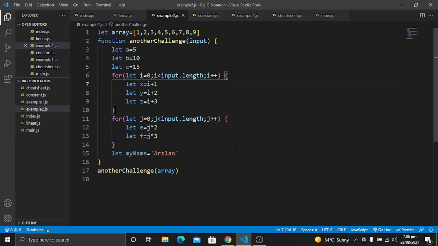So hide the terminal. Now let's calculate the big O for every line. In the later parts, we will use a simpler method to calculate the big O notation, which will be very simple. I am explaining it like this so you can understand how we calculate the big O.